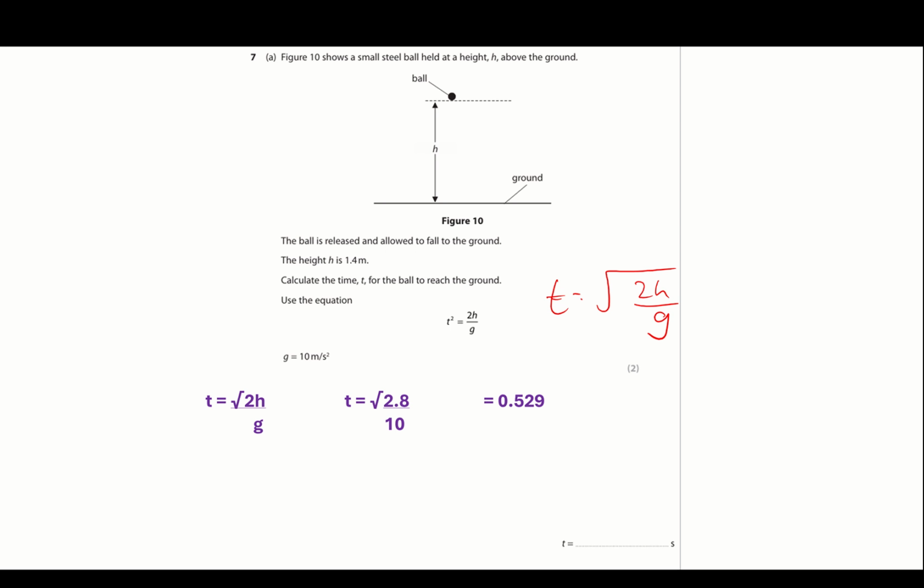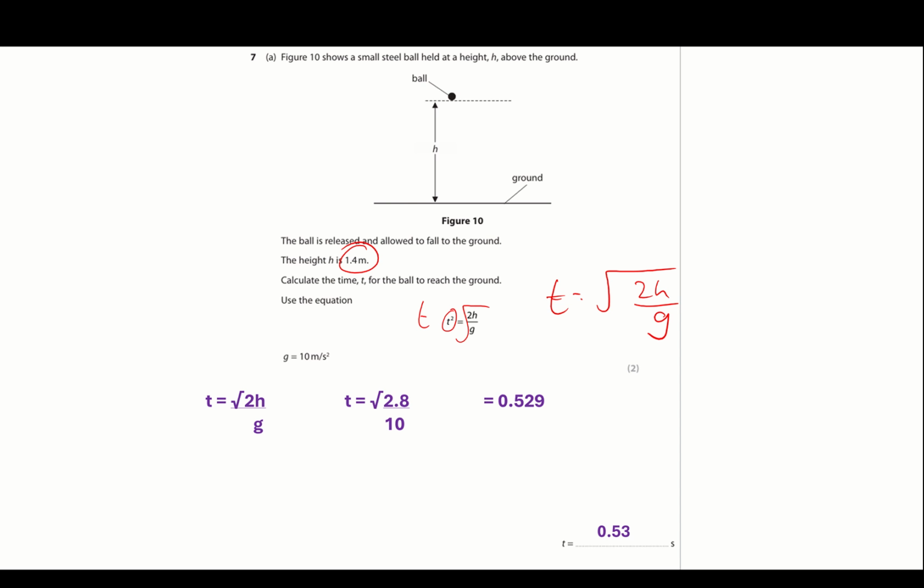So t equals the square root of 2h over g. 2 lots of 1.4 is 2.8, divided by 10. That's going to come to 0.28, square root it, and we get 0.529, or 0.53 seconds. So it looks tricky, but really it's just showing, do you know that the opposite of squaring is square rooting